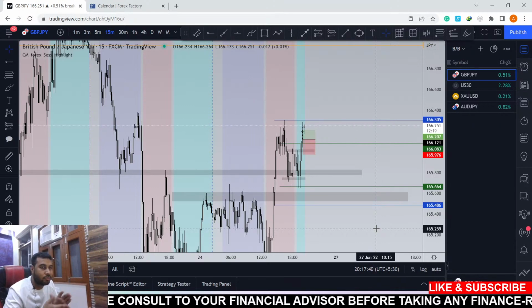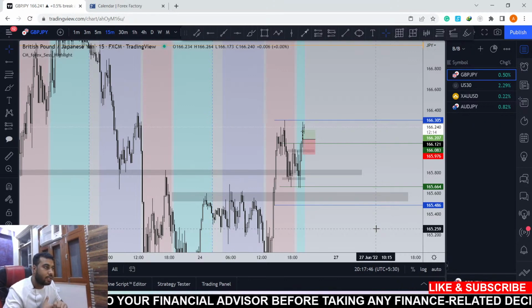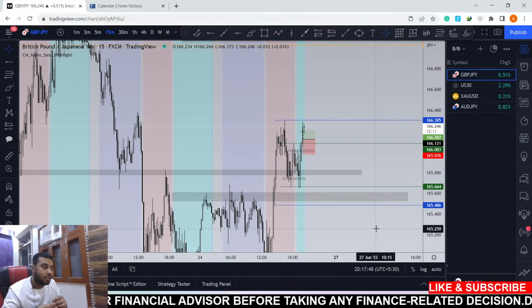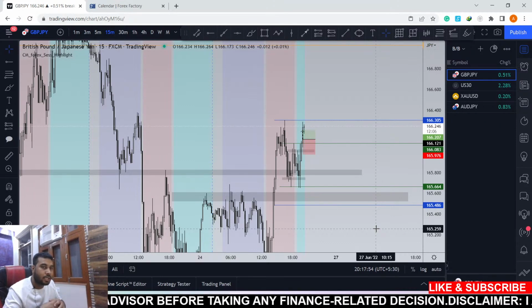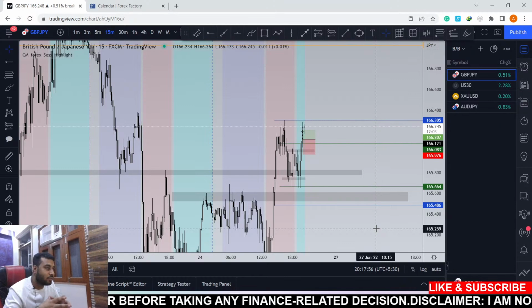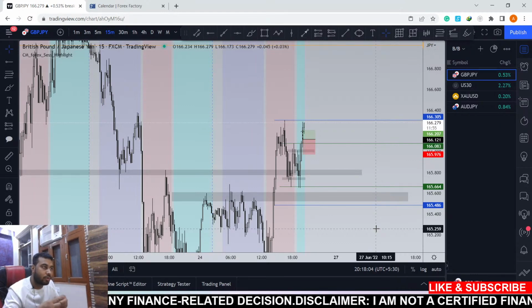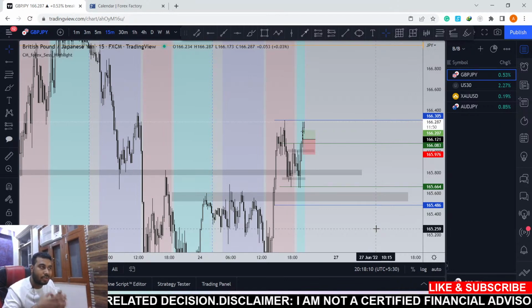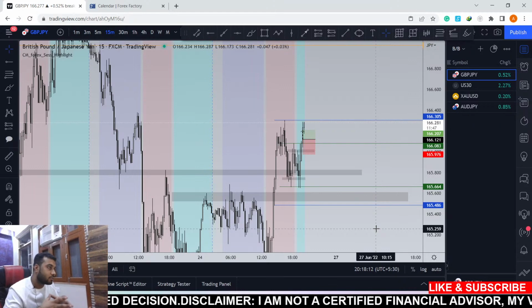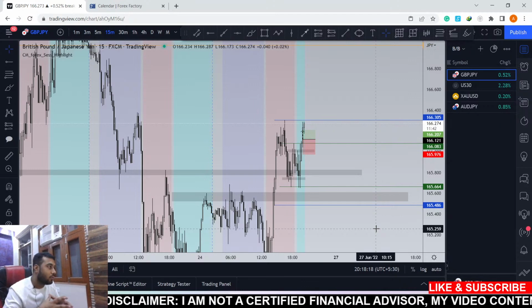First, we will do all the reviews. We will review all our trades for the past week, and we will see how we could have saved those trades, whether that trade was valid or not, and how much was false breakout. Like let's suppose we are taking lots of losses. Whether those losses were because of false breakouts or because of entries on a lower time frame, we will analyze all those things. So this review video will definitely be very helpful for all those traders